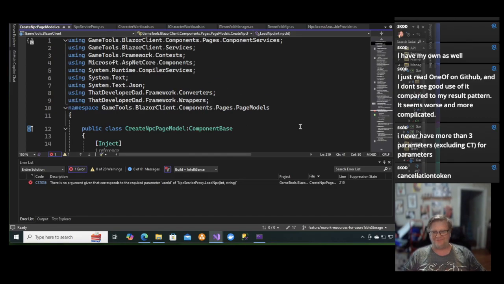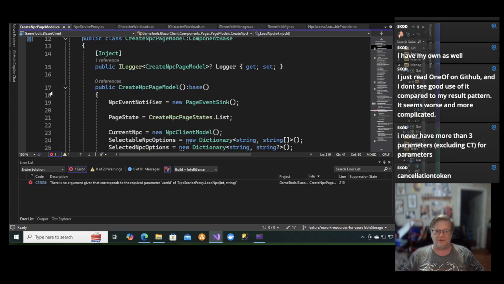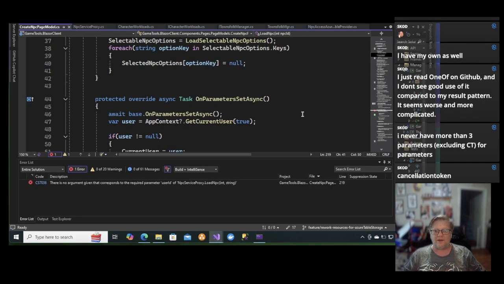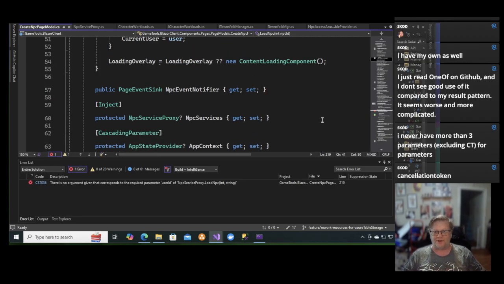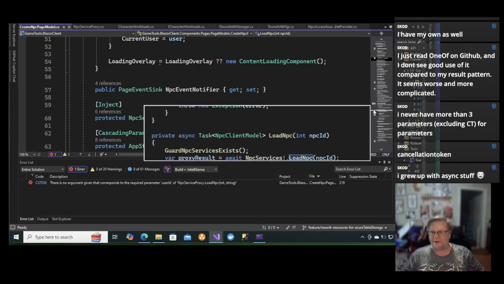I've been doing like on-prem synchronous enterprise development for decades, and I've never used cancellation token, and I really oughta, especially with everything going async the way it is. I need, those are the user-based options. Do I have an app state provider here? I do. Good. So I can come down here